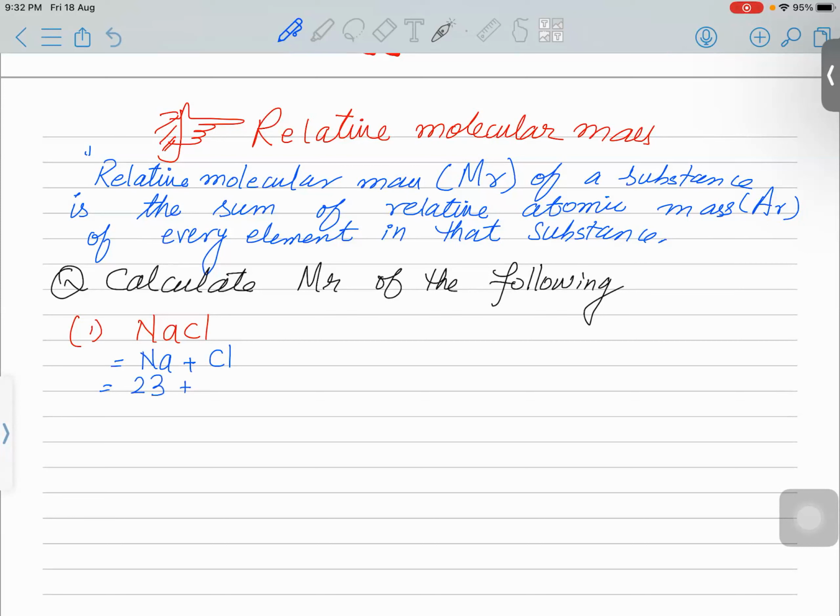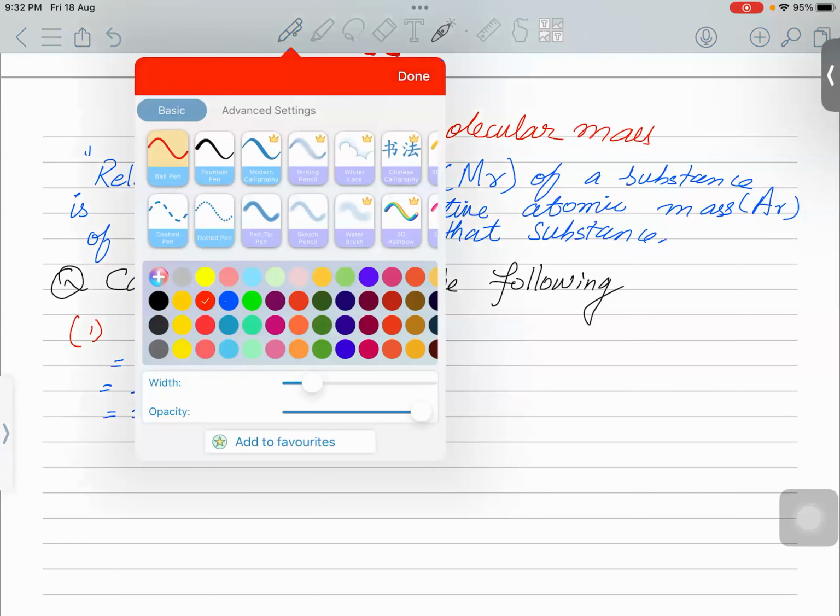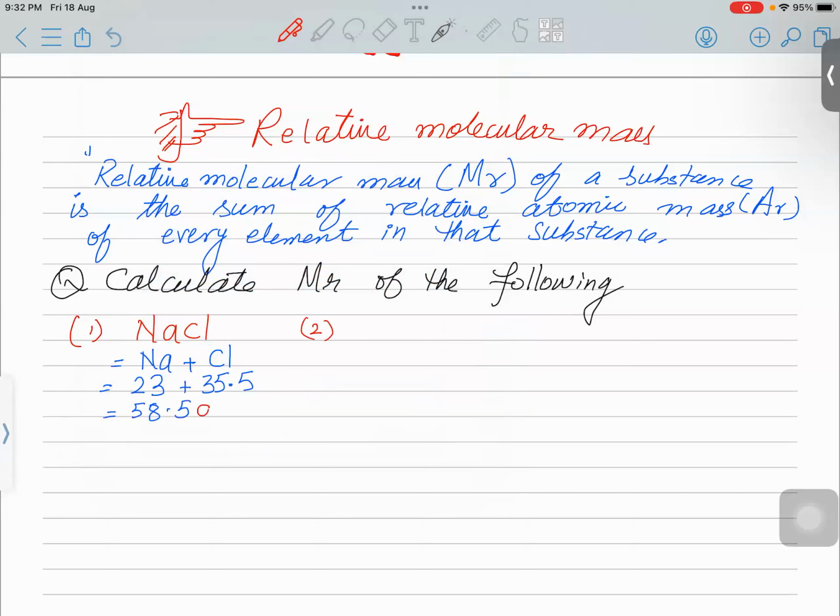And what about the chlorine? Sir, 35.5. 35.5. So total is 58.5. Unit is AMU, atomic mass unit. It's up to you. Either you write with the unit or just write the MR. Second is